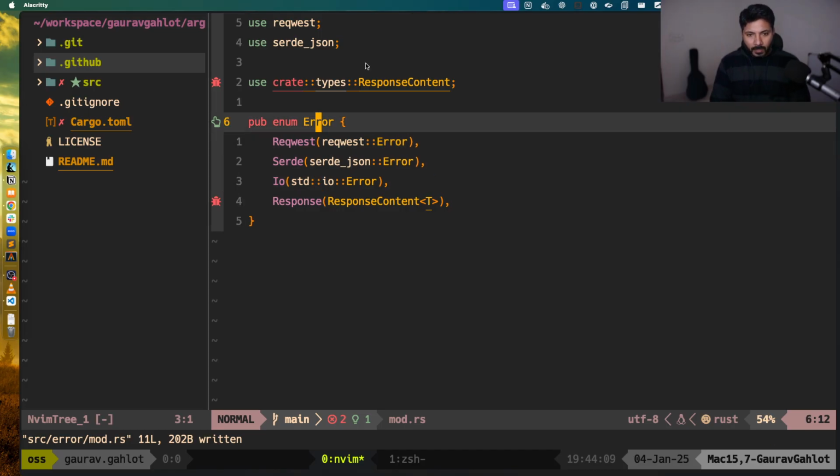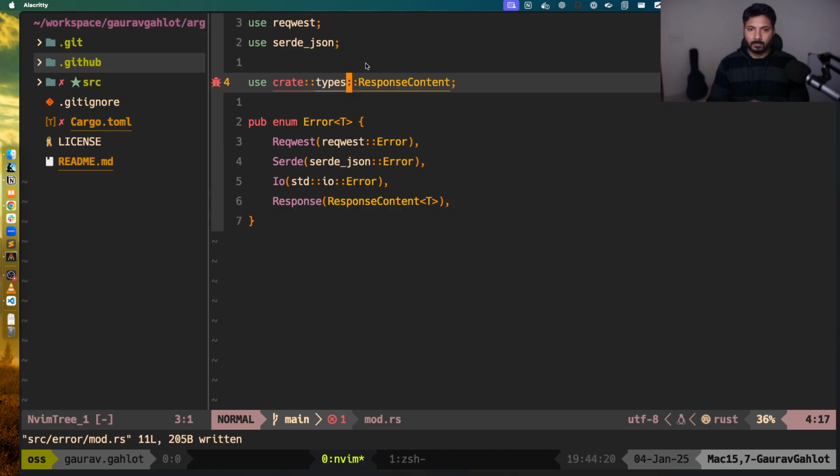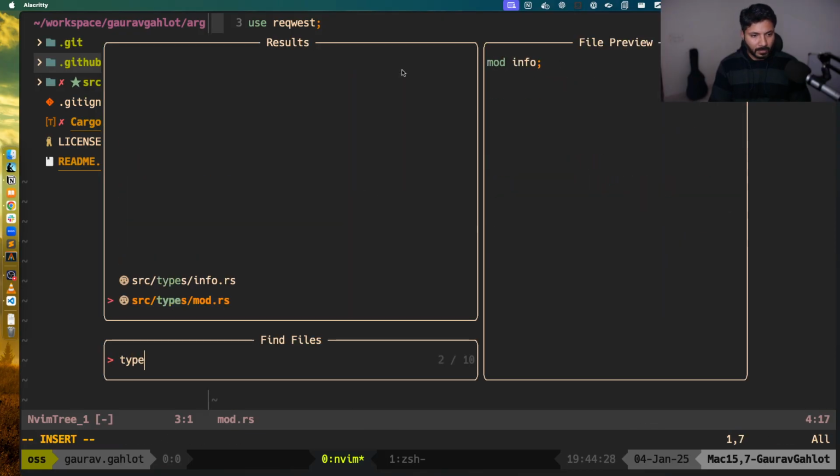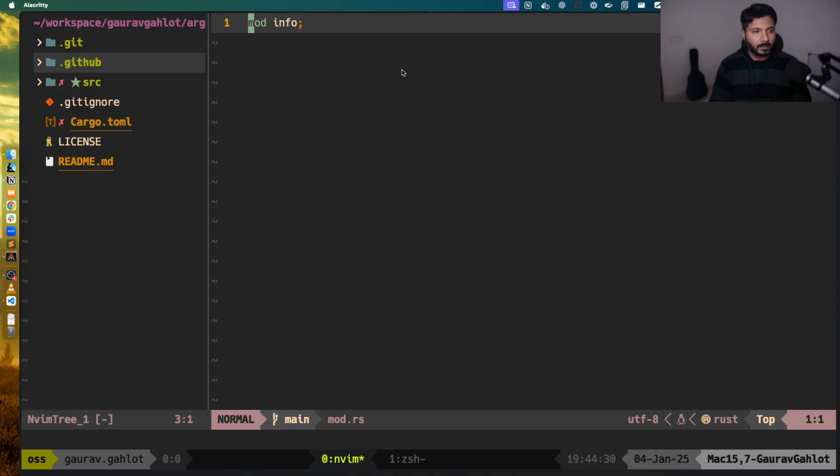So, where is this T coming from? T needs to be declared, that this type is generic, or this enum is generic on type T. Now it complains that types does not have anything as response content. So let's go to types mod.rs,